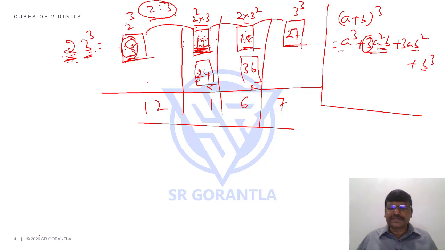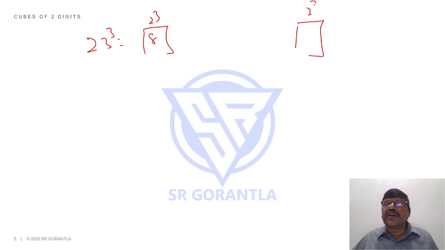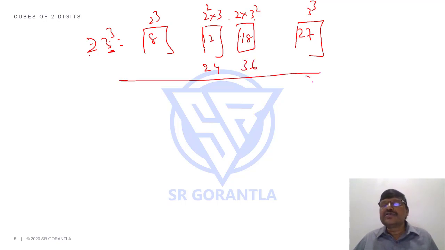So can we do it again? Same thing in this approach. What I said, 23 cube means first 2 cube, 8. The last one will be 3 cube, 27. In between I need 2 more numbers. How do you write them? First one, 2 square into 3, 12. What is this? 3 square into 2. The second digit square into 2. How much is it? 18. Double this second number and third number and write it. So 7, 2 carried, 38 plus 18, 56, 5 carried, 29 plus 12, 41, 1, 4 carried, 12.